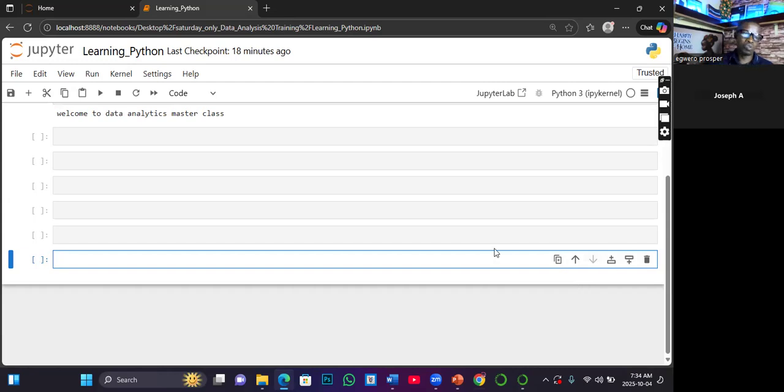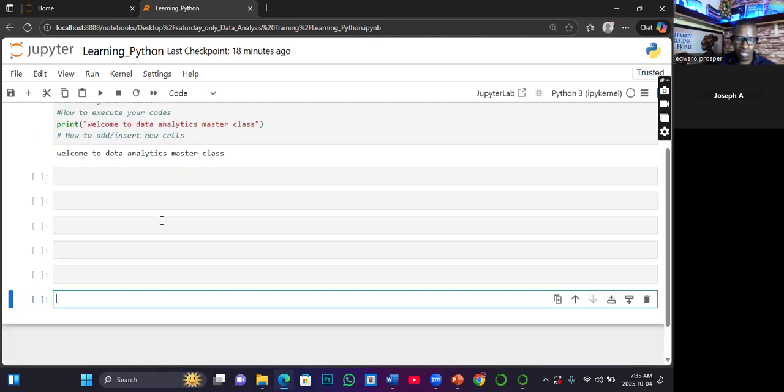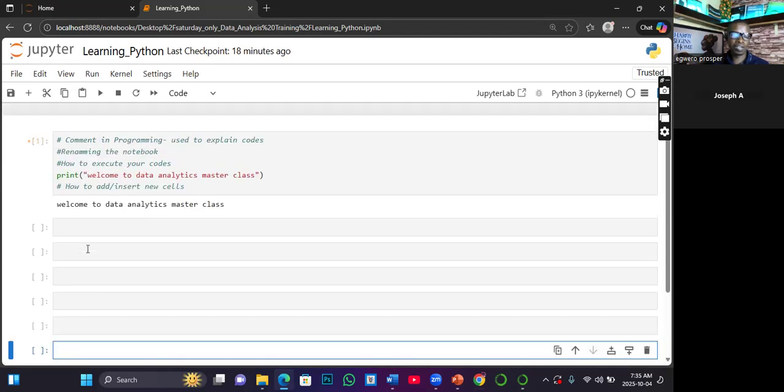Okay, if I may guess you well, you are saying that if you want to add more cells in between the ones you have executed, is that what you are saying? What I'm saying is this: I have not executed the cell I am currently in. I'm asking, is it possible for me to add more cells while I have not executed the current one? Yes, that is exactly what I did here.